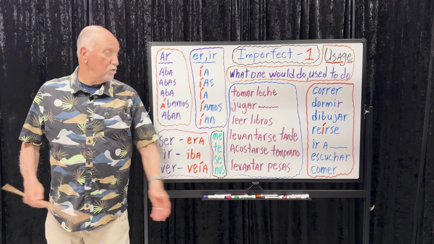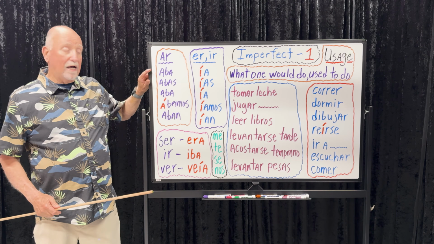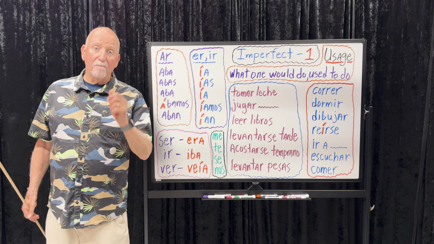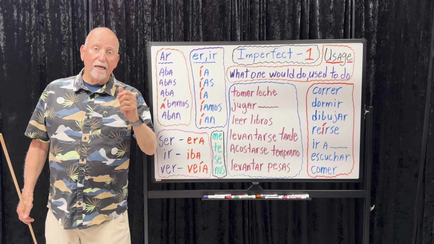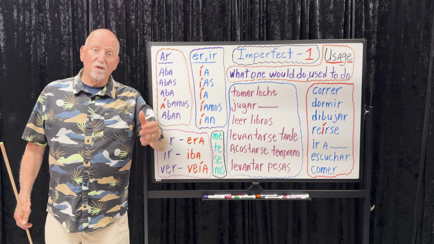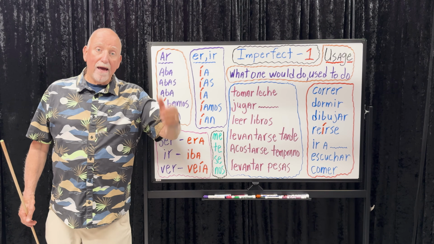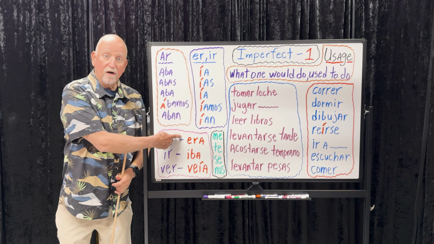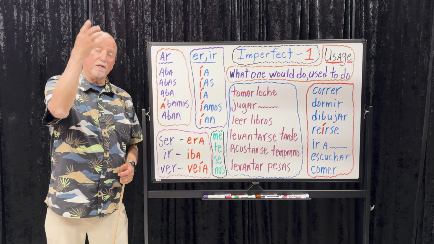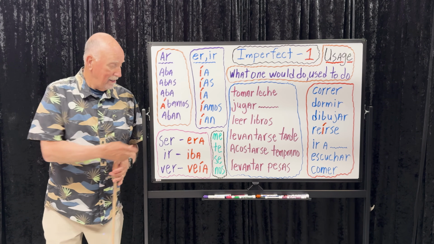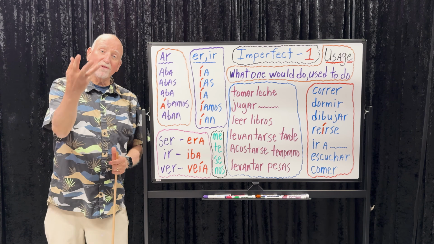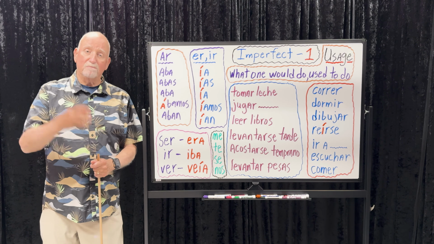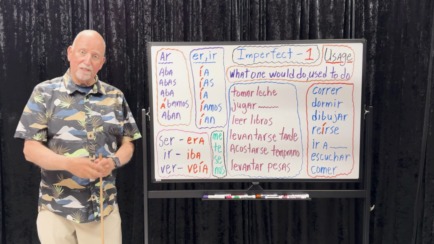Y me gustaba mucho. Gustaba, and I liked it a lot. Y me gustaba mucho. There's a triple imperfect. Mi mamá me leía libros en la noche cuando me acostaba y me gustaba mucho because it was a lot of fun. Now let's throw a fourth imperfect. Porque era divertido. You see that? Create language, build sentences, build paragraphs, build narrations.